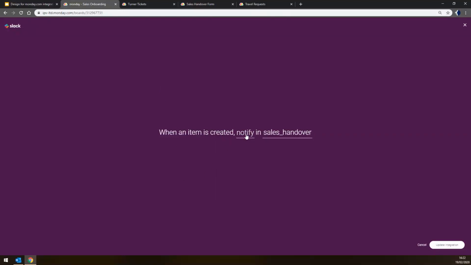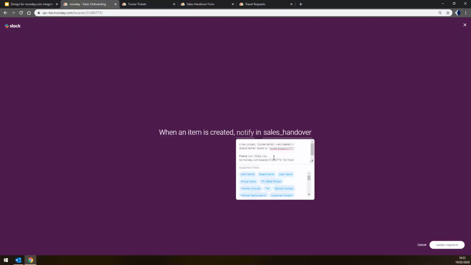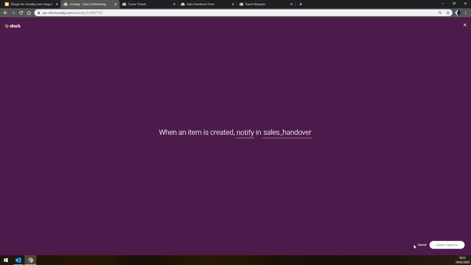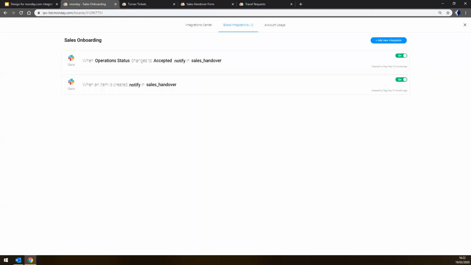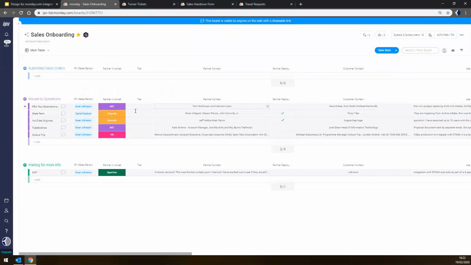So when an item is created, notify in our sales handover Slack channel. The notification allows you to choose what information from your Monday board you want to show in the message that's sent out. Once we receive that Slack message, our project management team can then react to this, see a new item that's created in our submitted sales orders group,